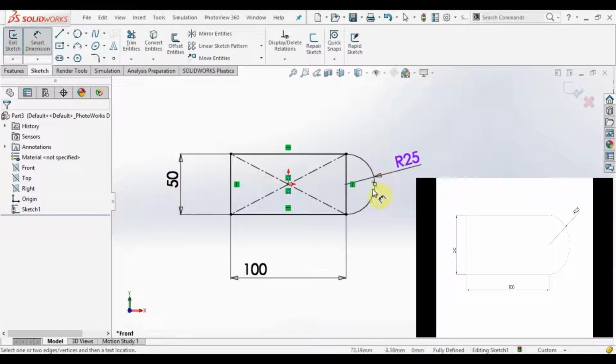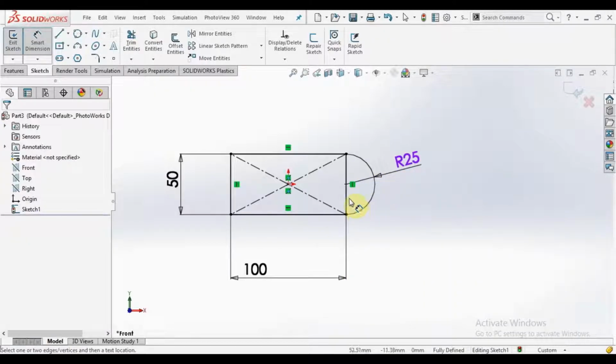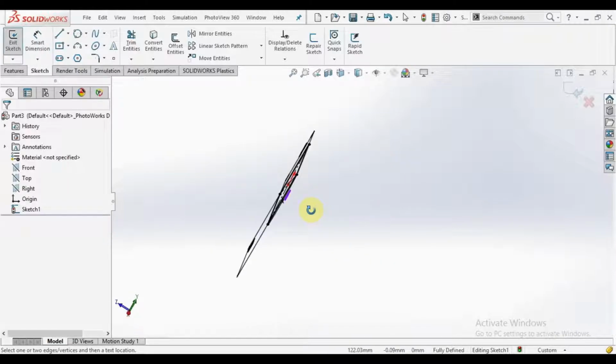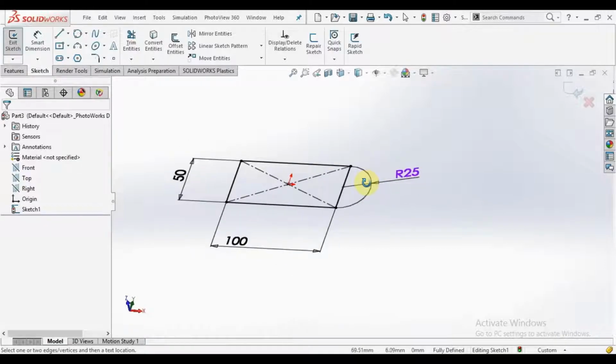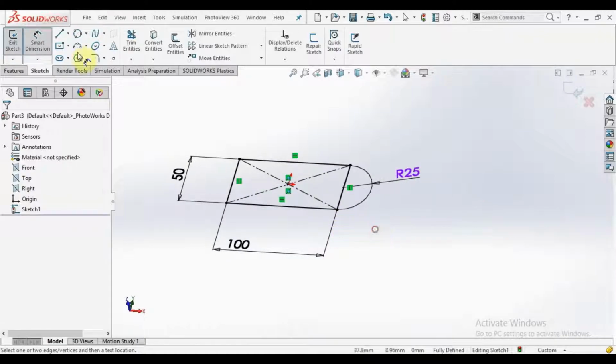Here you can see we have a vertical line, so you have to remove this line, because when I give the thickness to this sketch, this will create a problem. Let me give you an example. For making this isometric, simply click your middle button and drag your mouse like this. Let's say I will give 10 mm thickness.